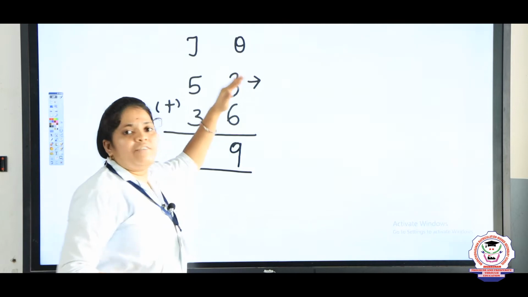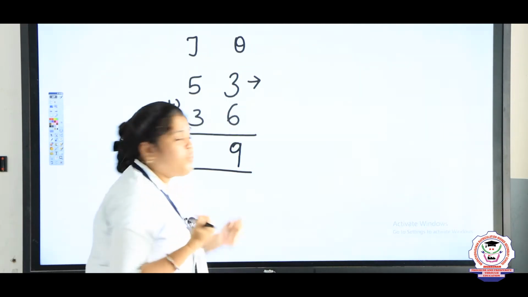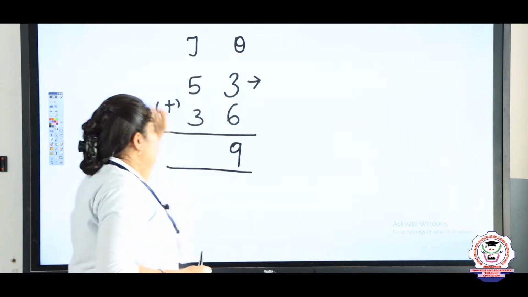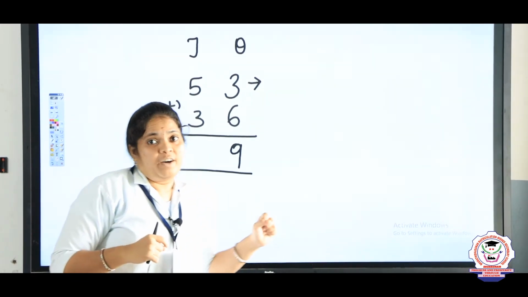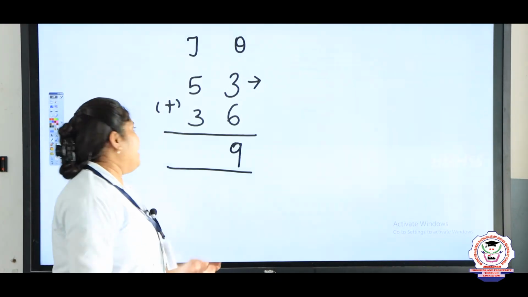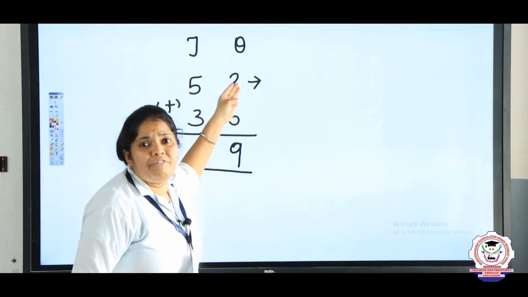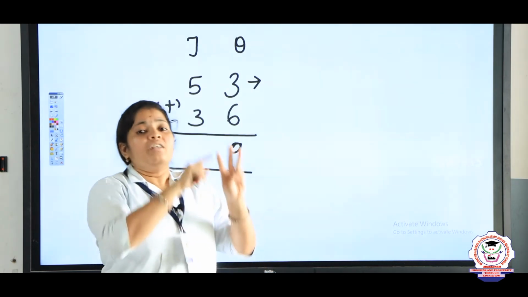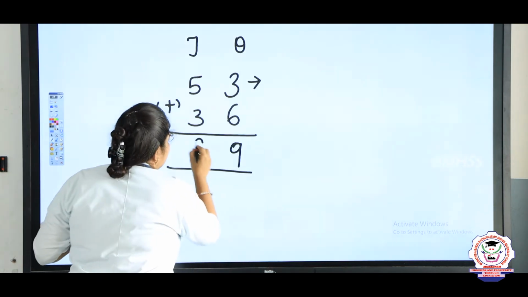Then after finishing adding the ones place value, we need to go to the tens place value. The given two numbers are 5 and 3. So what should be in your mind? Addend 1 should be in your mind and addend 2 on your fingers. Addend 1 is 5, so 5 should be in your mind and 3 should be on your fingers. The next number after 5 is 6, then 7, 8. So our answer is 8.